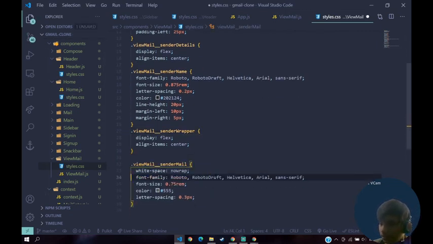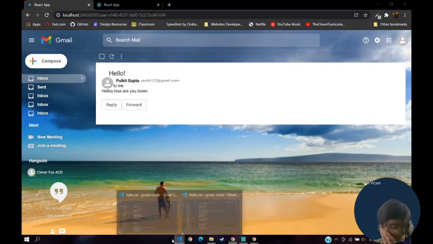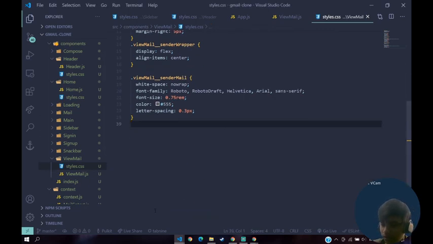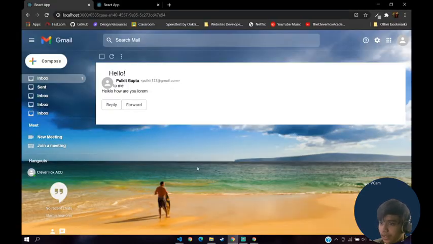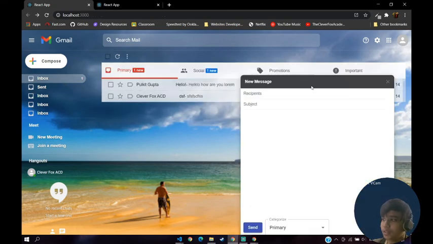Let's style the email, we don't need this, save that, looks better. And then to our view mail underscore info text, we are going to make it also look a bit light.